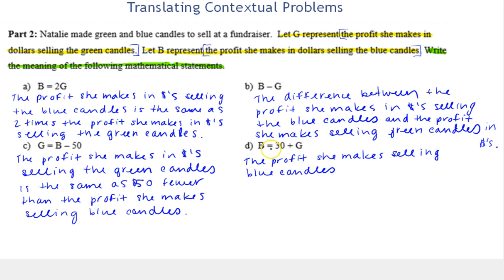Now we have the equal sign. Let's put in dollars is, and we could say 30 more than the profit that she makes selling green candles, or we could say the sum of 30 and the green candles. I'm going to go with the sum of